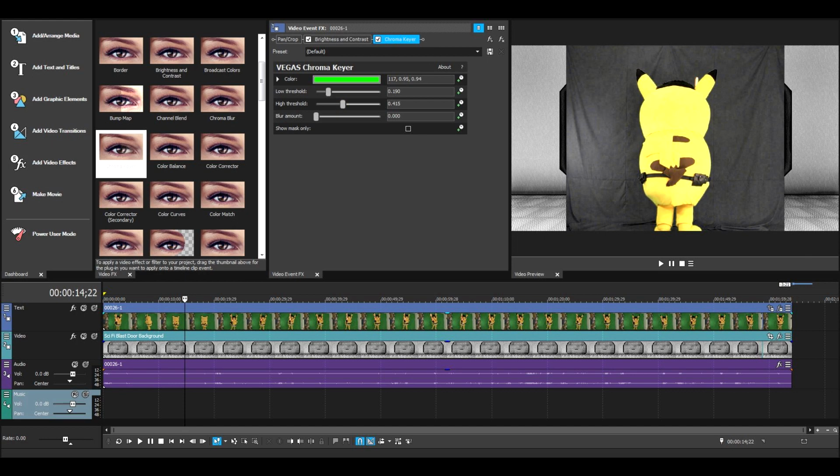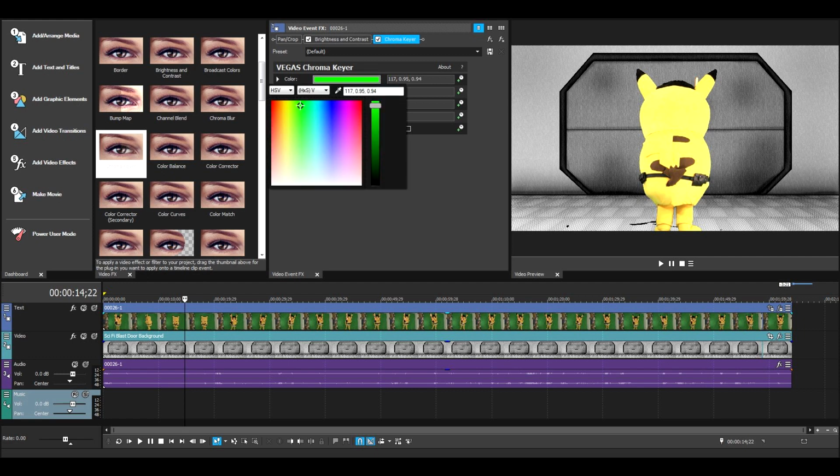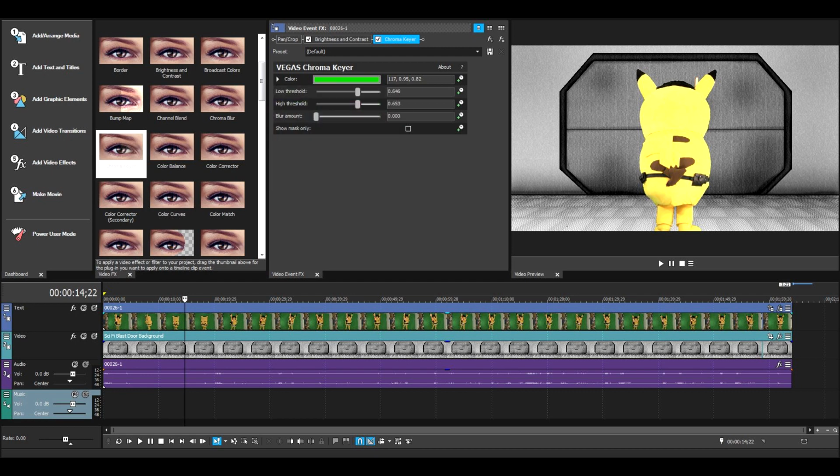I'm going to keep gradually increasing them until I start to see it going transparent. Now you keep just ever so slightly inching those ever further, ever higher, until all this junk, artifacting it's called, at least as much of it as you can get rid of, goes away. And you can also fiddle with the brightness of the green you're dealing with. That seems like it's all of it, but now,